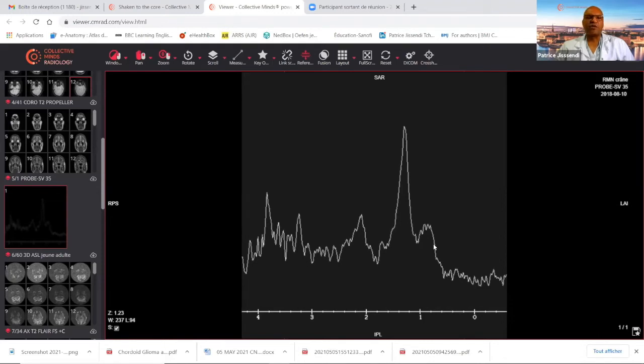That's all. But we will see if we can get some clue to the diagnosis using the lactate and lipids peak. So please, JB, can you launch the first poll with the differentials? So given the clinical story and the CT and MRI findings, what is your diagnosis? Intraventricular CNS lymphoma, central neurocytoma, craniopharyngioma, subependymoma, choroid plexus papilloma, or chordoid glioma of the third ventricle.